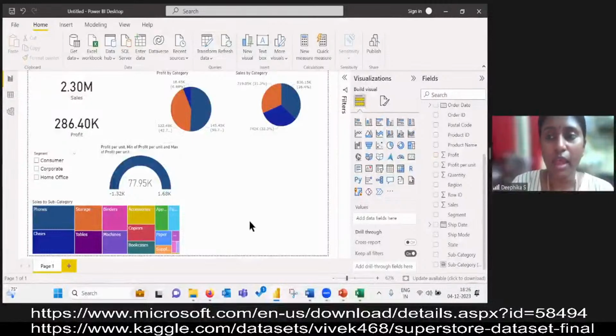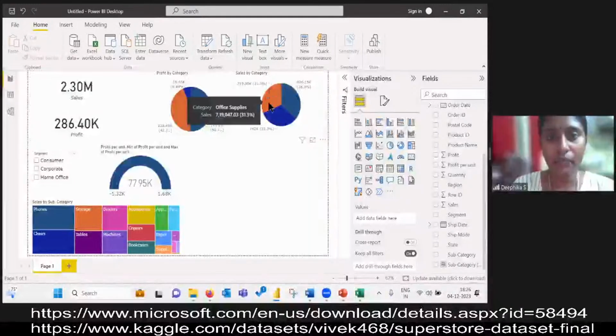Okay. So next I'm going to teach you hierarchy. That is, in storyboards or dashboards, there is a very, very important feature which is called the drill down feature. Drill down means, now let's say here I'm giving one category. I want,